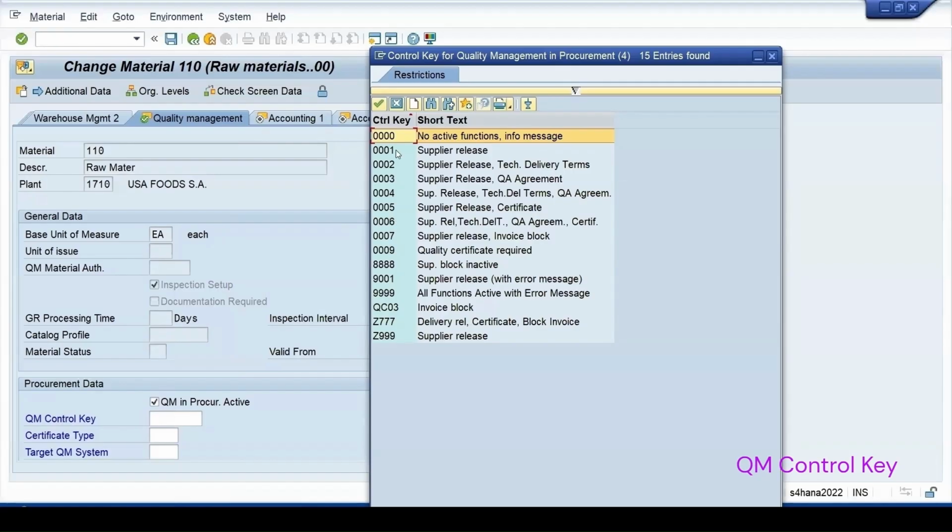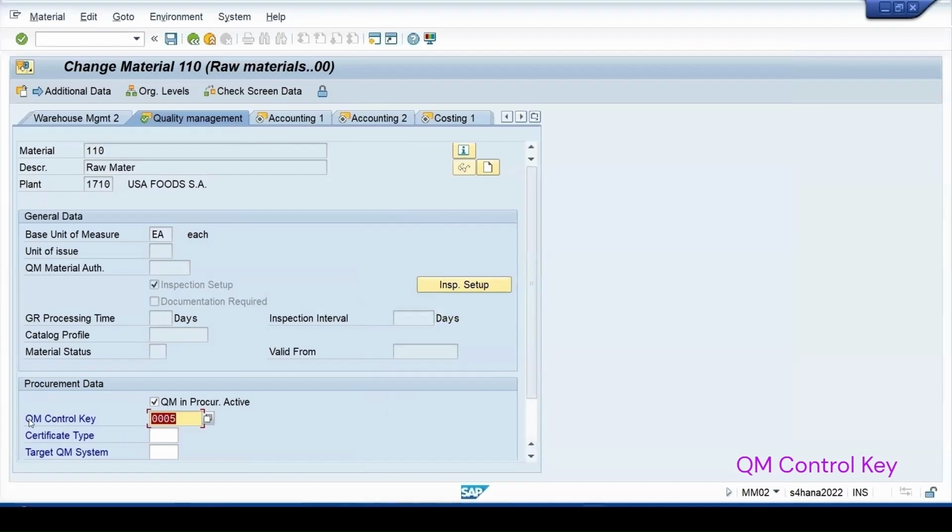Then suppose in plant 1, I want to activate this control key for the vendor, like I need a certificate, ISO standard certificate I want to receive from the vendor. So I am selecting, say, this control key, which means I want a certificate from the vendor when I am procuring it.